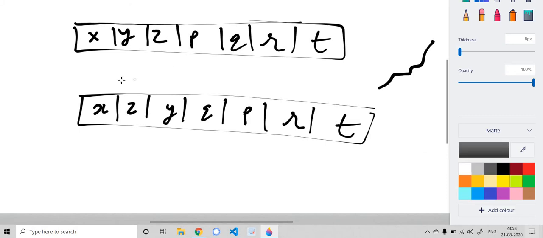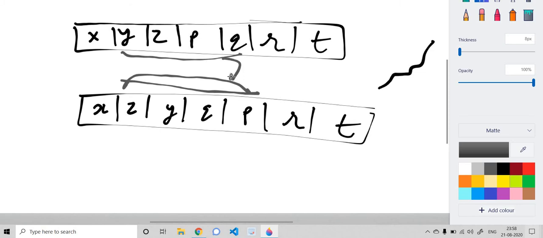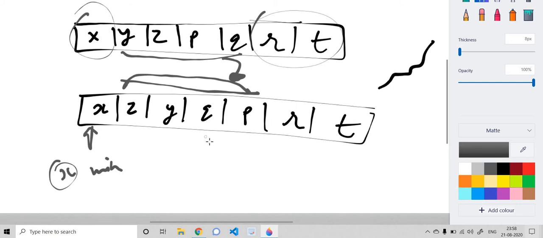So we can see that these four elements are not at their correct position. So we need to do some swapping so that these four elements after swapping can be put in this manner, because the first one and these two elements are on their correct position, the order we want. Now there is one property that we can only do swapping if the GCD of two numbers is equal to min. Let's say we have x as min here. Now we just want to output yes or no, whether that is possible or not.